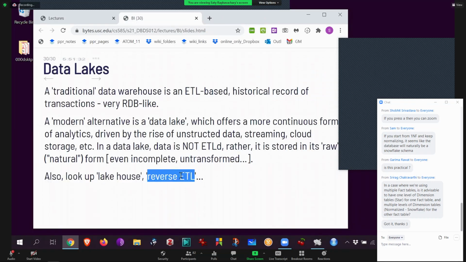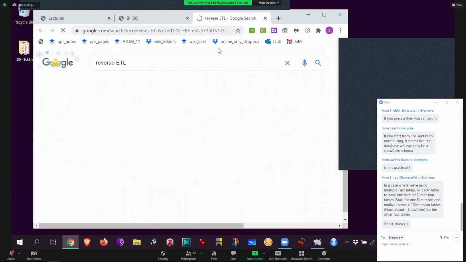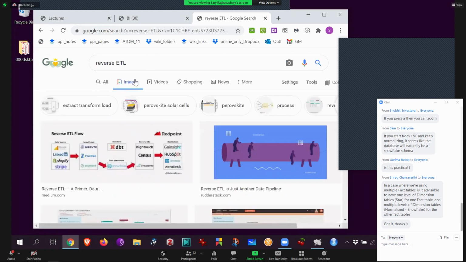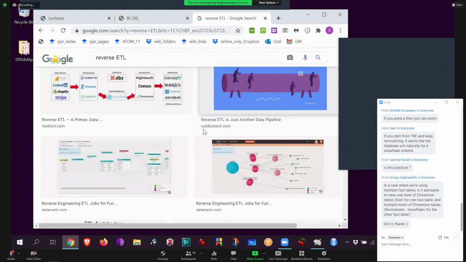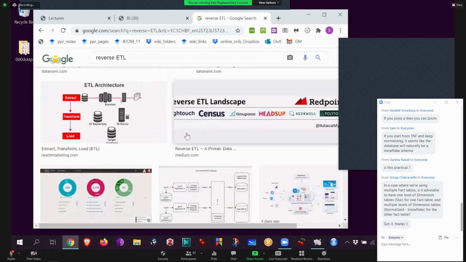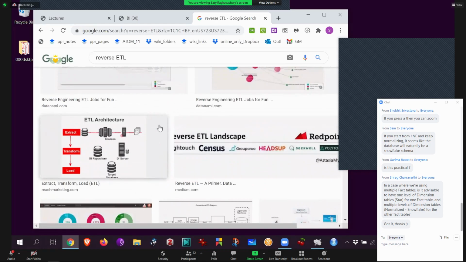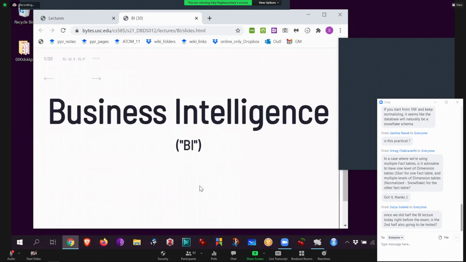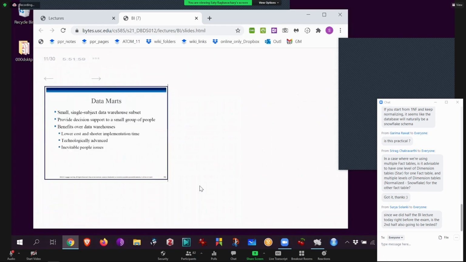So please read up on this, okay? Just Google it. People never stop, by the way. There's ELT as opposed to ETL. I might put up some of these links on extra so you can read about them. These are cool. This is really what is happening. So you should not think that the warehouse is a cutting edge thing. It is slowly but surely not. Okay. Good. All right, so we got caught up in very modern stuff, and I'll find you some links for it. This is really what gave rise to data science, believe it or not.